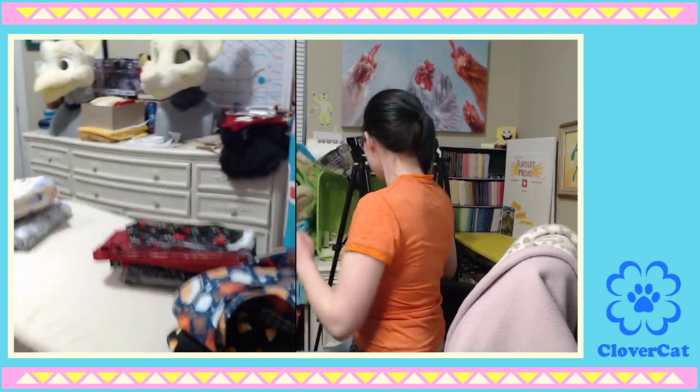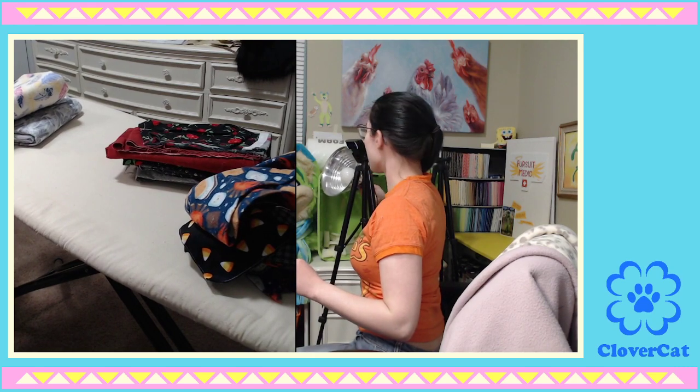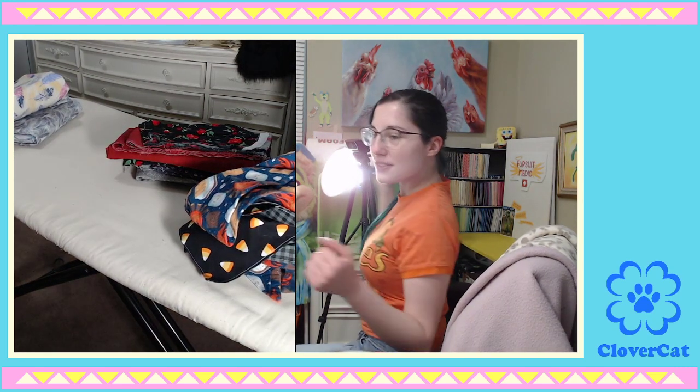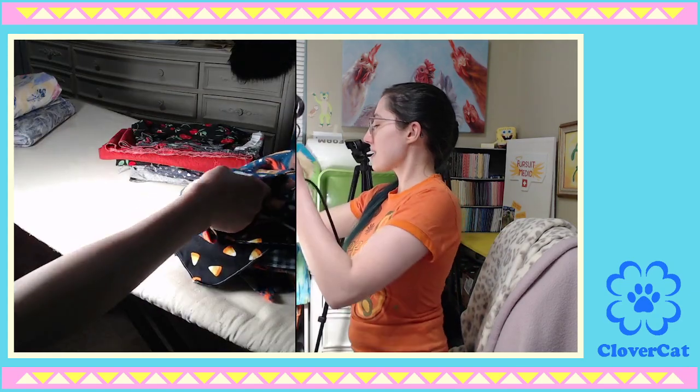Okay, so today we are making bandanas. Definitely not a hard thing to do, but if you don't know how to do it, it can be a little bit nerve-wracking, only because fabric is so expensive. You need 2 yards of fabric to do this, depending on if you want the same back and the front. If you want the bandana to be different on both sides, you need 1 yard of both sides of fabric. But if you want it to be the same on either side, like this one is...